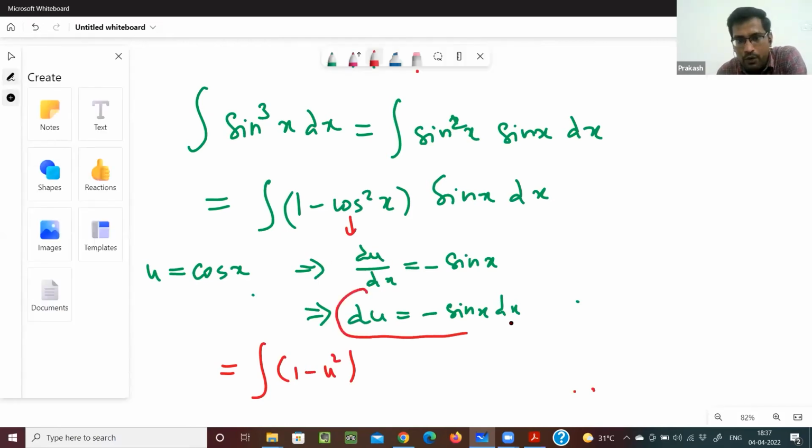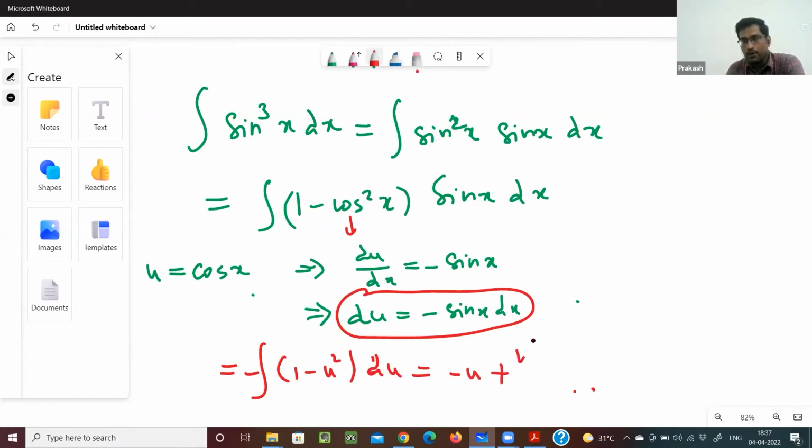Here already we know this one. So if you are using this, here minus will come, minus into d. So this evaluation is very easy. So now you see, minus u into minus u plus u cube by 3 plus constant c,